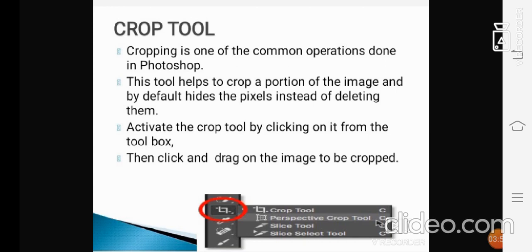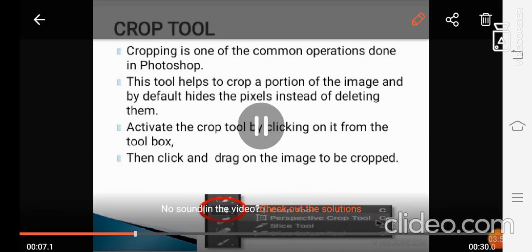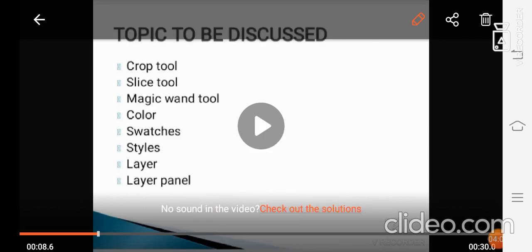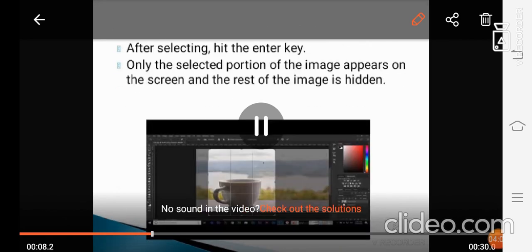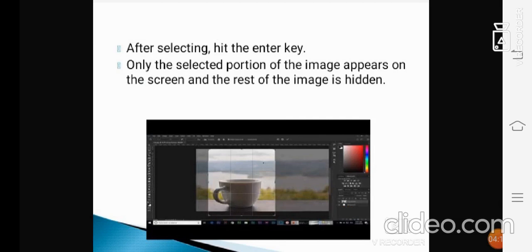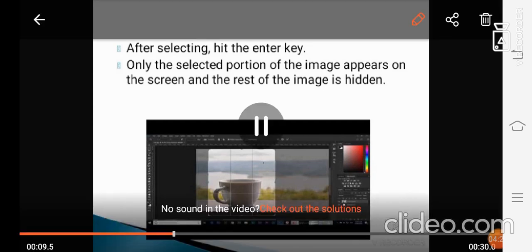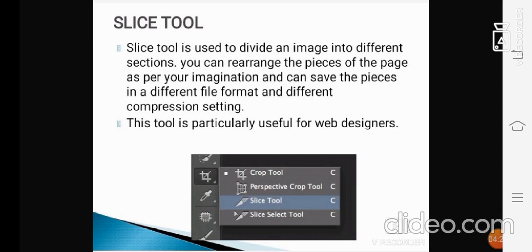Next, the slice tool. What is the slice tool used for? The slice tool is used to divide an image into different sections.